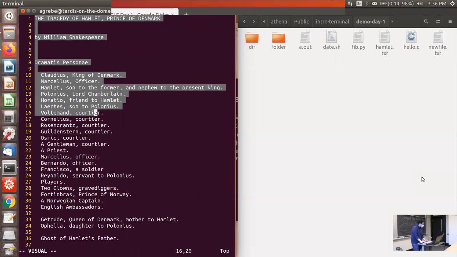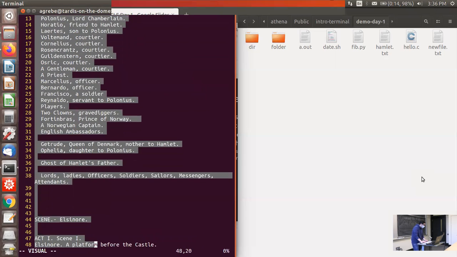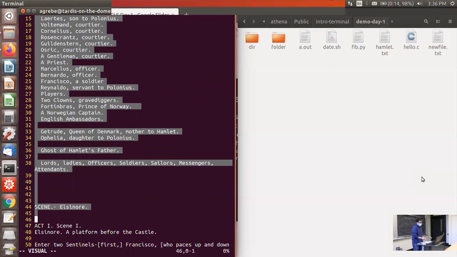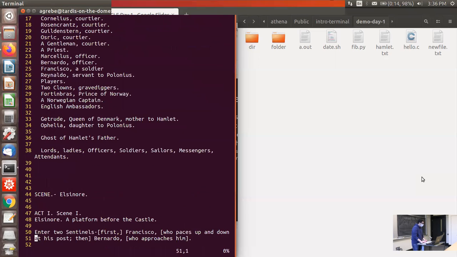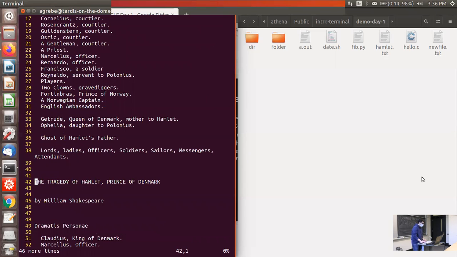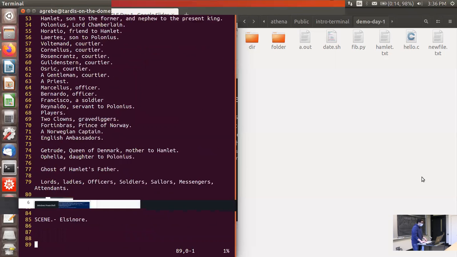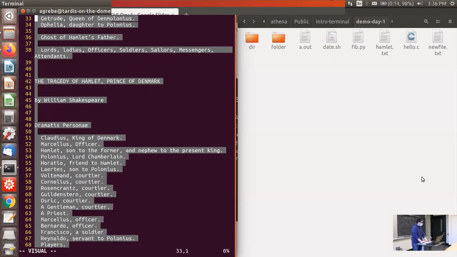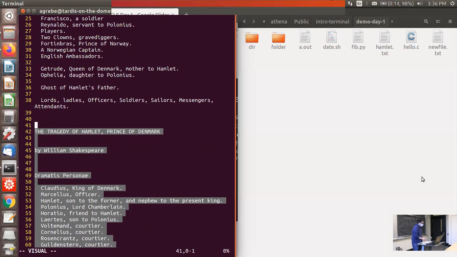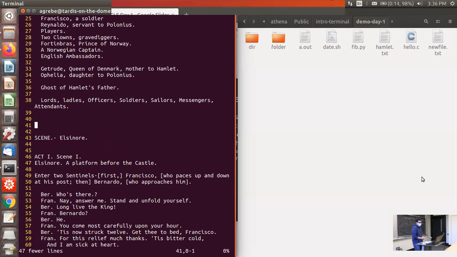And let's say we want to select everything before Act 1, and let's say we want to copy it. We will press Y, and now it's copied, or yanked as it's called, and then press P to paste it, or what's called put. And now we have two copies of the same first lines of Hamlet. And now let's say we want to delete what we just did. So we would go back to visual mode, and we would select everything up to what we want to delete, and then we would press X, and now that's gone. So those are some of the basics to know about Vim.